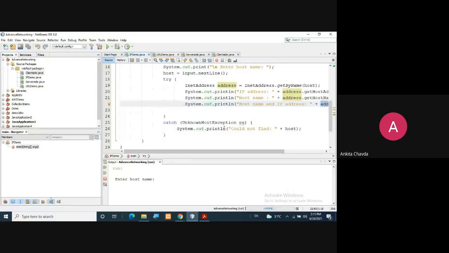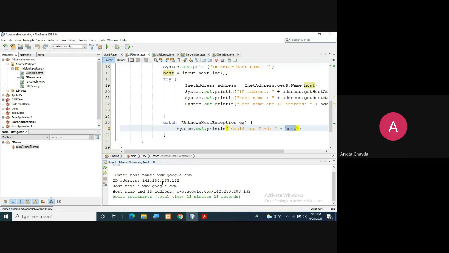If the user will give any kind of name which is not actually the website name, then it will throw UnknownHostException. And it will say that we could not find whatever you have entered. Fine. So here when I give the name, suppose www.google.com, it will give me the IP address, that's 142.something.